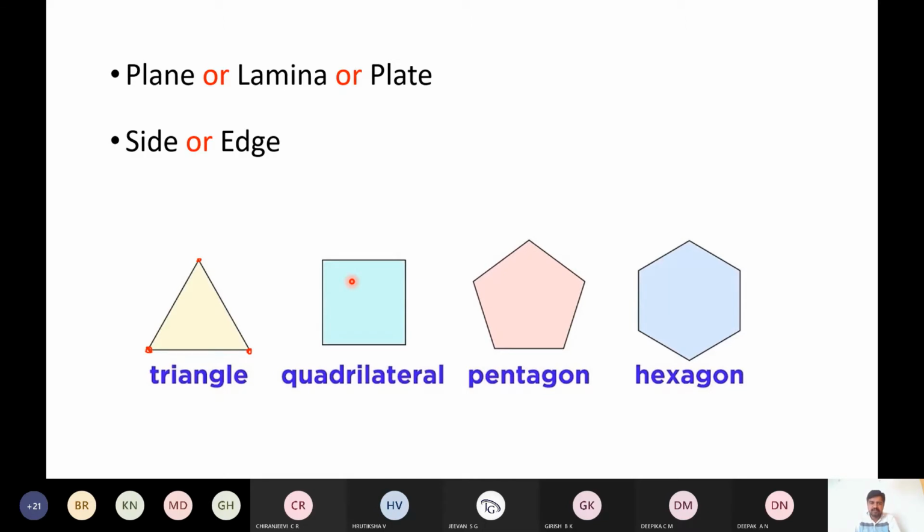That means if it is parallel to HP, the view on HP, that is the top view, will have the true shape. If it is parallel to the vertical plane, the view on the vertical plane, that is the front view, will have the true shape. So these are the fundamental aspects. Next, if we keep a plane lamina perpendicular to a plane of projection, then it will look like a line. In case of projection of lines, if a line is perpendicular to a plane of projection, it will look like a point. So here, if a plane is perpendicular to a plane of projection, the view on that plane will be a line. That is one more important concept.